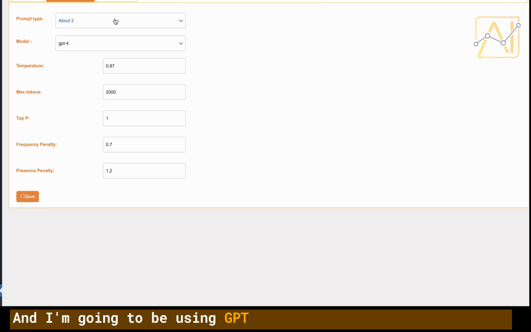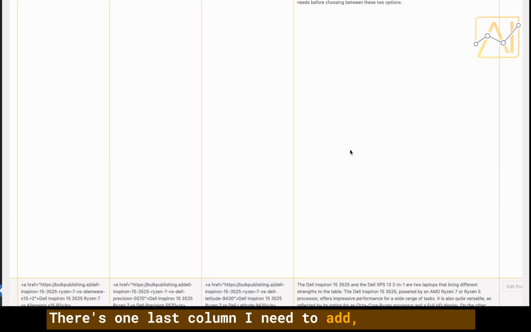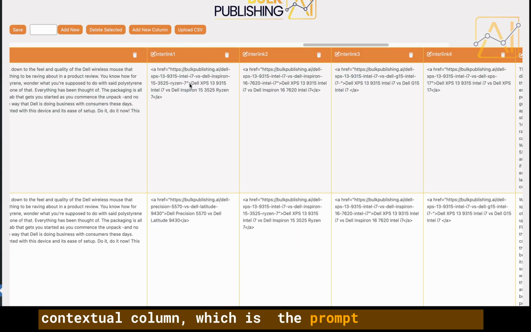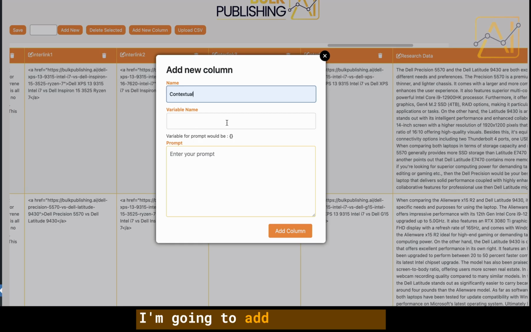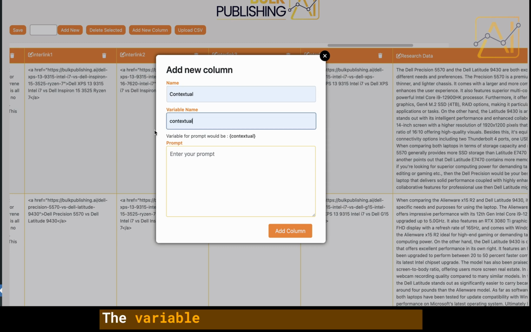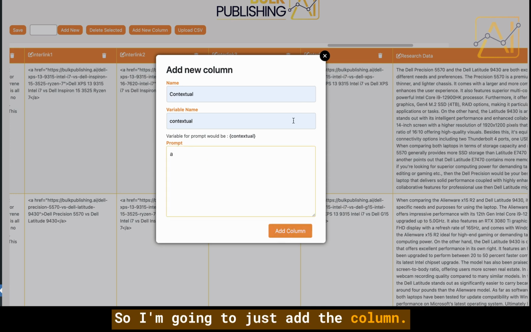And I'm going to be using GPT-4 for all of my chunks of text. There's one last column I need to add, and that is a contextual column, which is the prompt that I need to write to generate a paragraph linking these together. So I'm going to add a new column. The variable is also called contextual, and I can change this prompt after because I need the variables to add to it. So I'm going to just add the column,